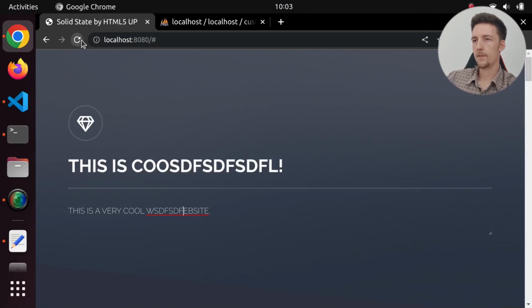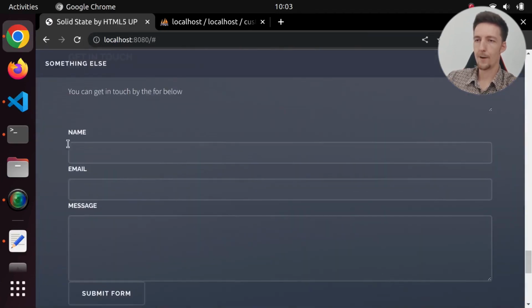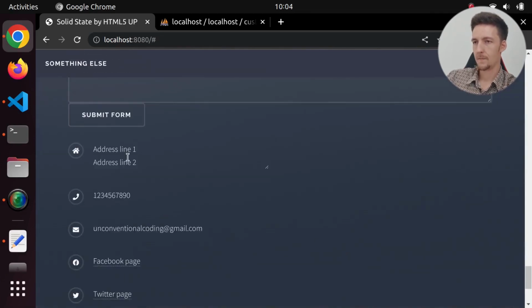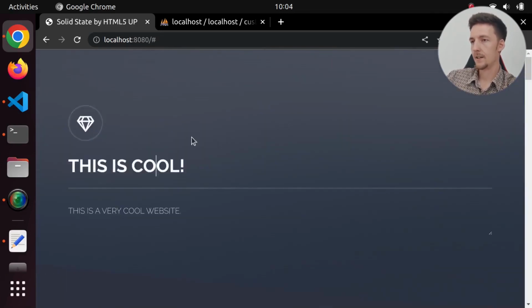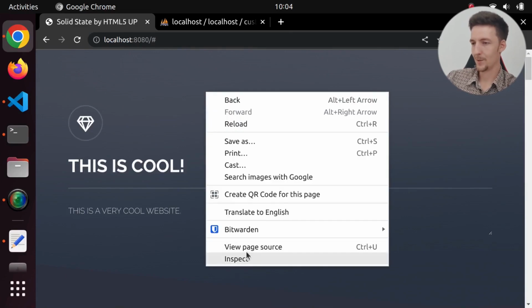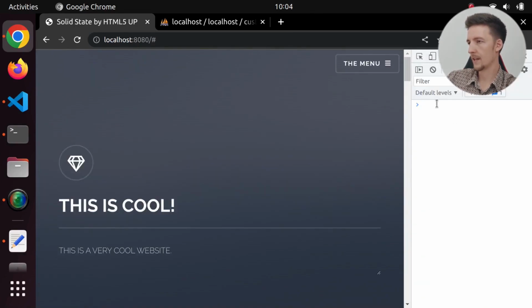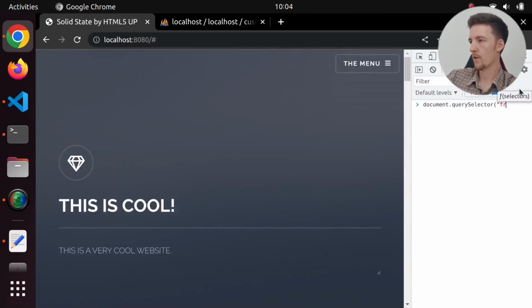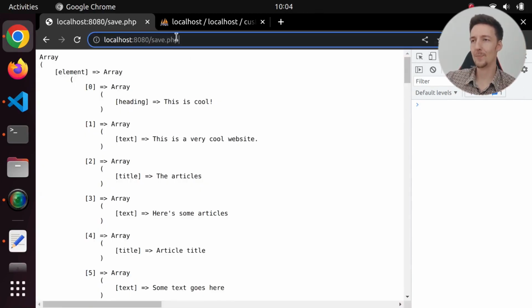So now, if I refresh this page, it still works. But now this form looks weird. I think that is because we have it inside another form. So we have to figure out some other way to do this. But let's try, if we don't have a button, but if we go to console and we say document query selector form submit, then we get to the save.php